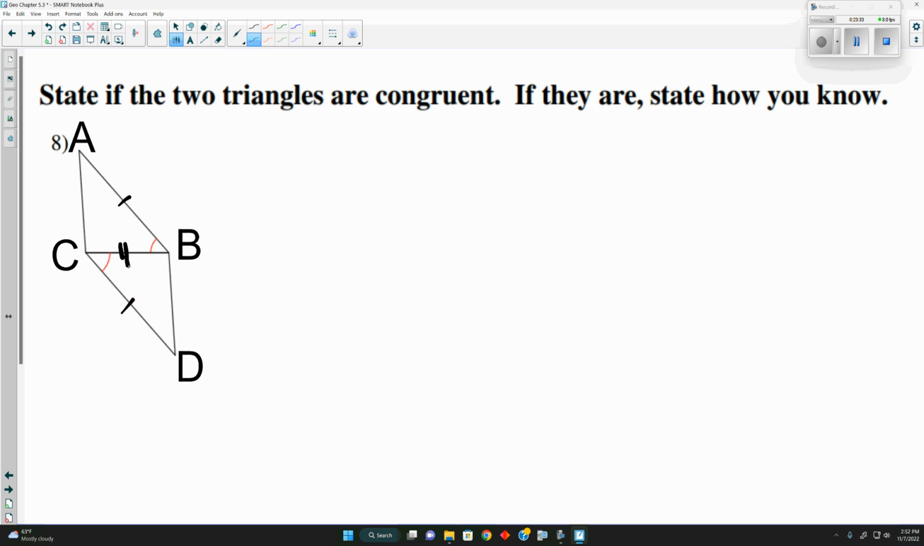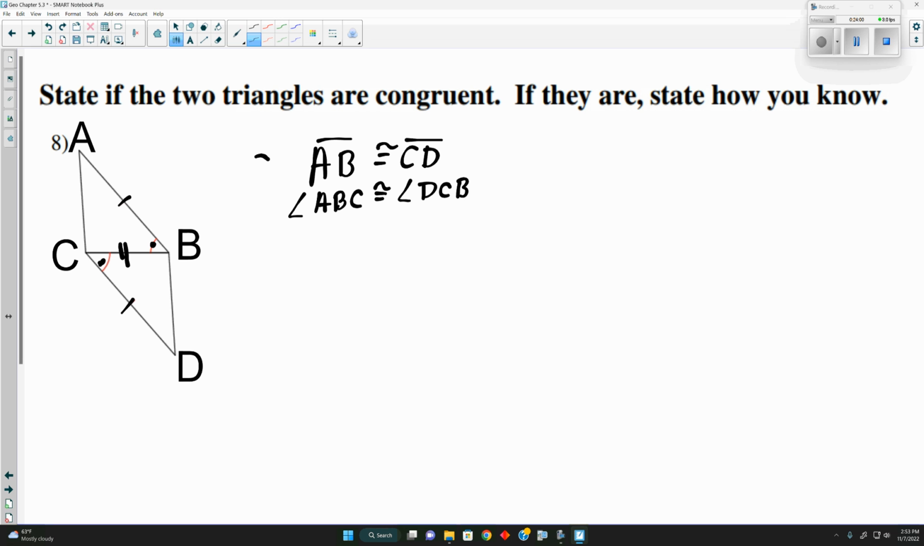Is the angle between the two congruent sides? Yes. Because this angle here is between our two. This one here is between our two. So we can say what? AB is congruent to CD. We can say that angle ABC is congruent to angle